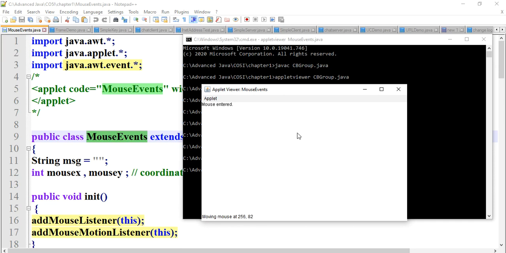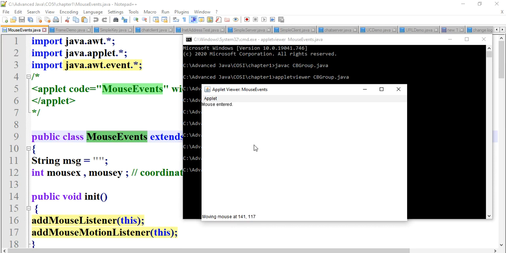Now the mouse is inside this location, so mouse entered. When I place the mouse outside this window, it gives the message mouse exited. When I enter, it gives the message mouse entered. Now the mouse pointer is moving, so moving mouse at an x coordinate and y coordinate.